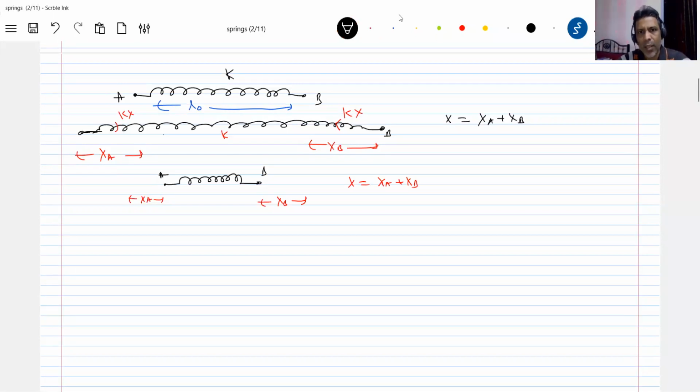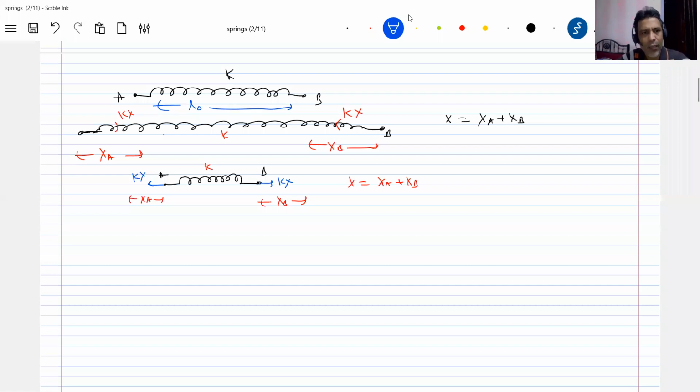Then what about the spring force? The spring force now, total elongation is x, no? So how will the spring force act? You can show it anywhere. So let me show it at the ends. Got this? So if both ends are moved opposite, then the elongation or compression will be the sum of the displacement of the ends.